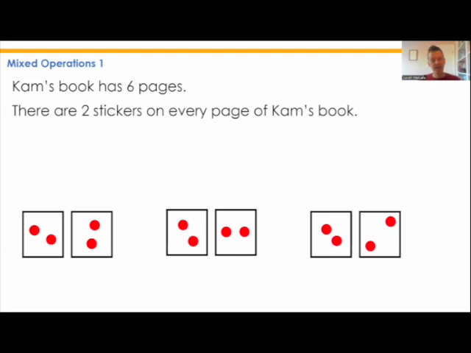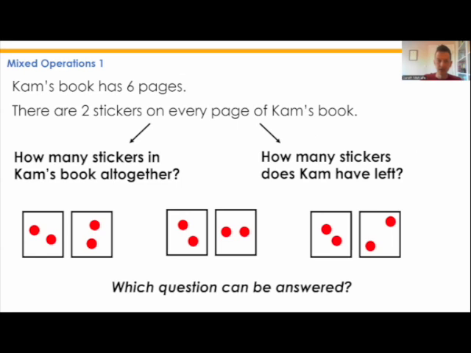Then we have Cam's book has 6 pages. There are 2 stickers on every page of Cam's book. So which question can be answered? Is it how many stickers in Cam's book altogether? Or is it how many stickers does Cam have left? And we get to, it's how many stickers in Cam's book altogether. To know how many stickers Cam has left, well, I guess, does he still have them? But we could say, I'd maybe need to know how many he started with to be able to answer that